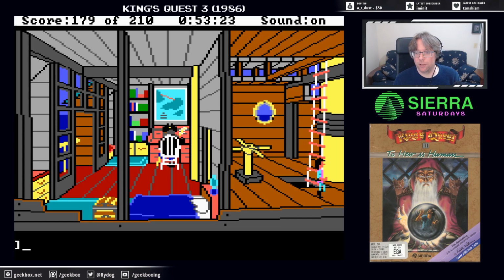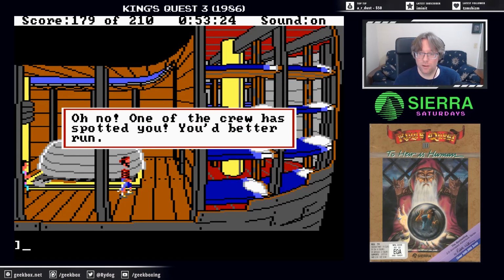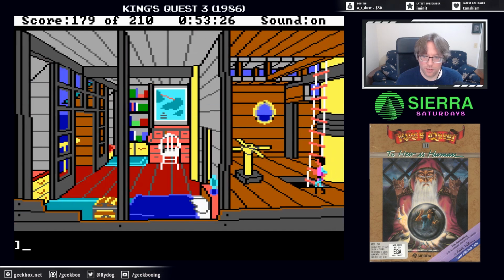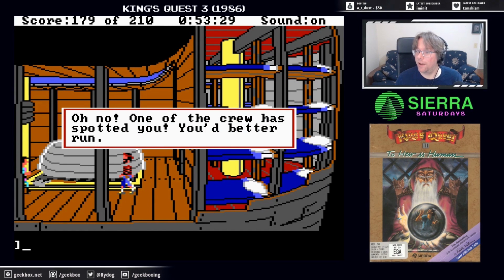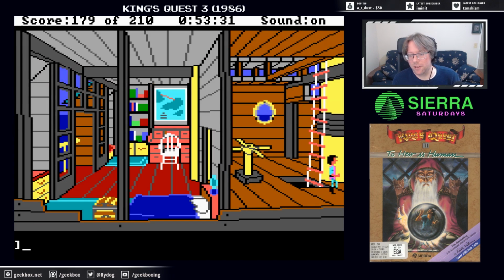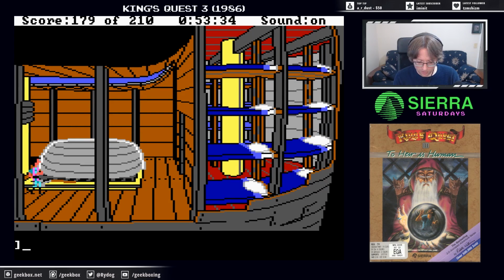And exploring here is a little bit dangerous because these guys will spot you and then they'll take you and throw you back into the prison. So you kind of have to, again, walk in and out of the screen until they're not there. Take shovel, and,